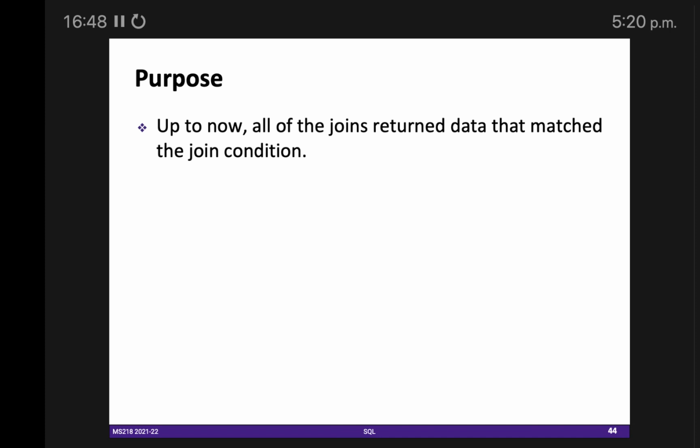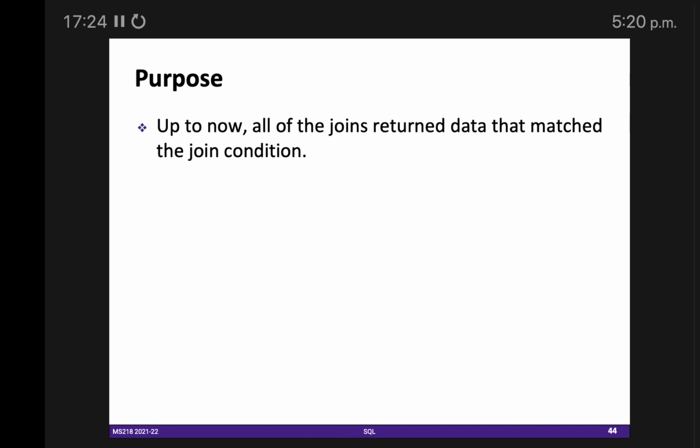So it means that I need data for matching and non-matching as well. For example, so that I can see that 20 students have submitted the assignment, but these are the 5 students who haven't submitted their assignment. So for that purpose, we need some sort of outer join, and in outer joins we have 3 types: left outer join, right outer join, and full outer join.